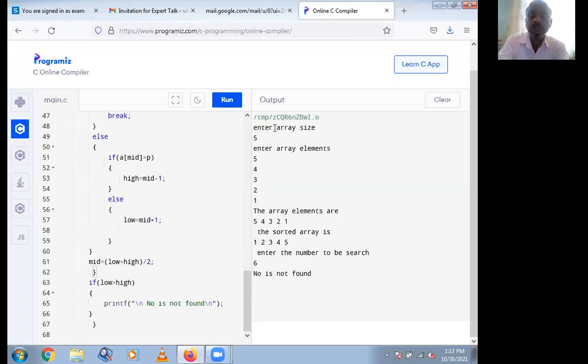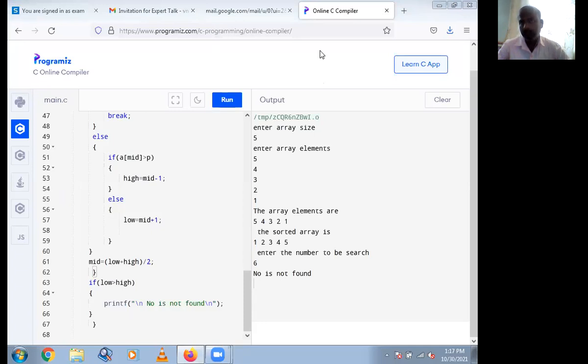See the program output. Okay, we have seen binary search, which is the second experiment.